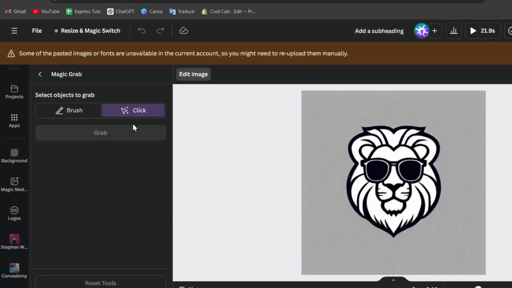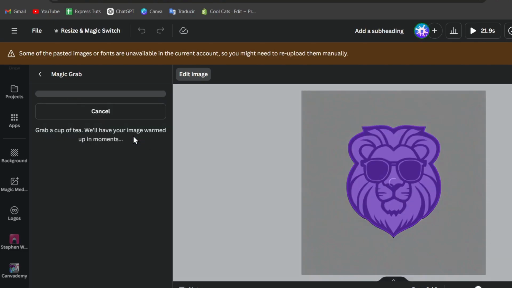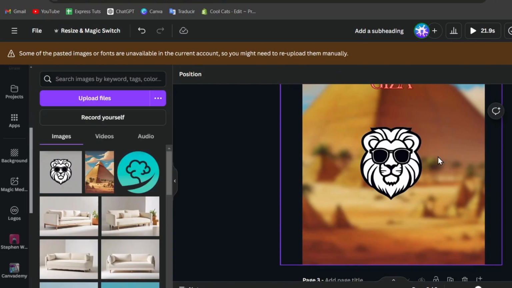So with that being said, I just click on it. I make sure that I have selected all of the elements that I want to grab from the image or my design, and let's go for grab. Automatically the application is going to choose all of the selected elements, so we can just grab the elements inside the image. So I now have this image separated from the background, so I no longer need the background,